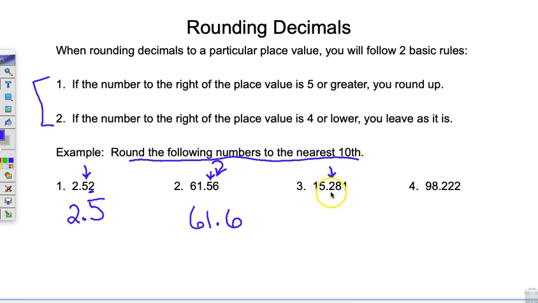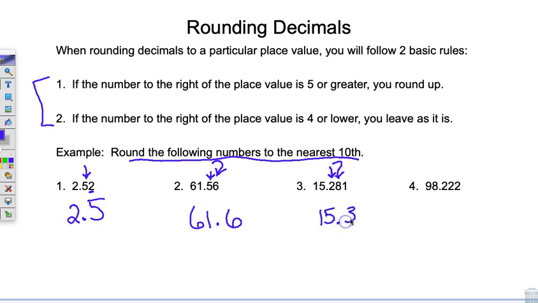But in order to decide if we're going to round this to a 3 or leave it as a 2, we have to look next door. We're only going to look at its neighbor 8. Now because it's an 8, that would fall into this category. It's a 5 or greater, happens to be an 8, so we round this 2 up one more to a 3. Our answer is